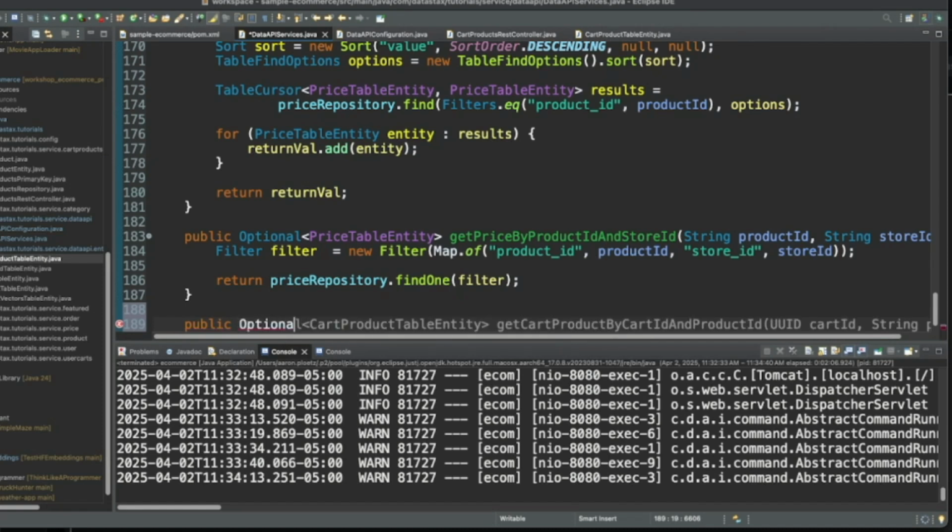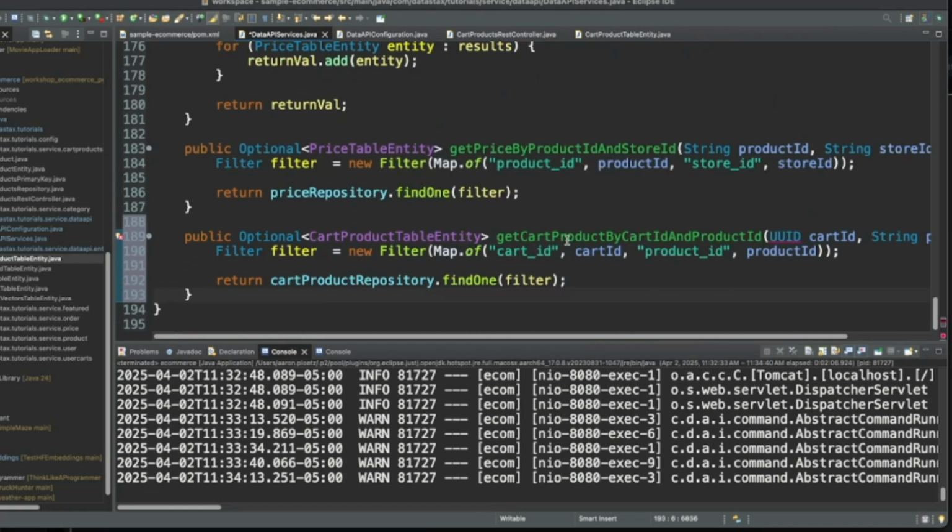We'll say optional cart product table entity. Yeah, you know what? We're going to say get cart product by cart ID. That is all we need to worry about there. There we go. Let's get rid of that. And make sure we also import the UUID class from the Java util library.